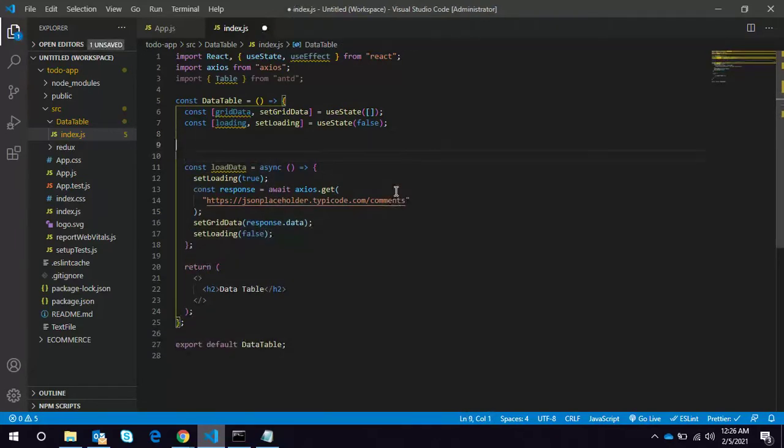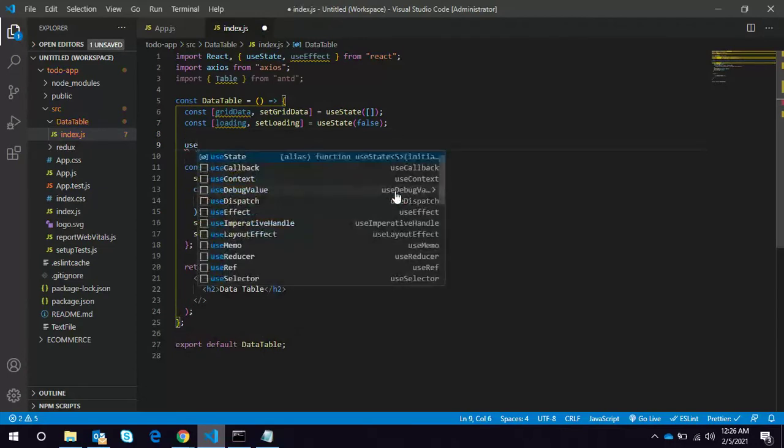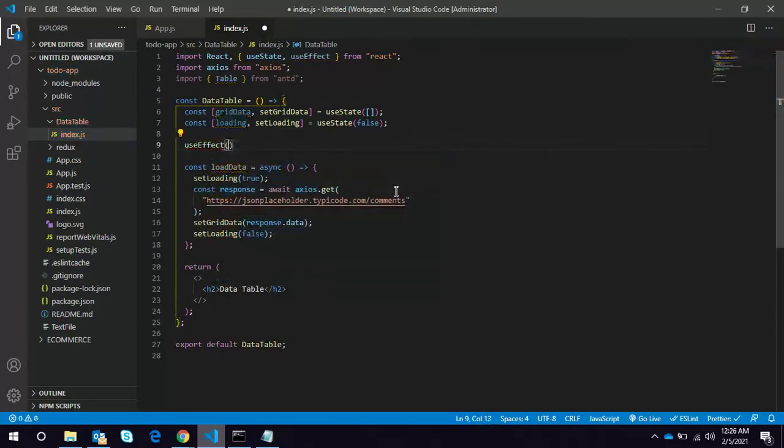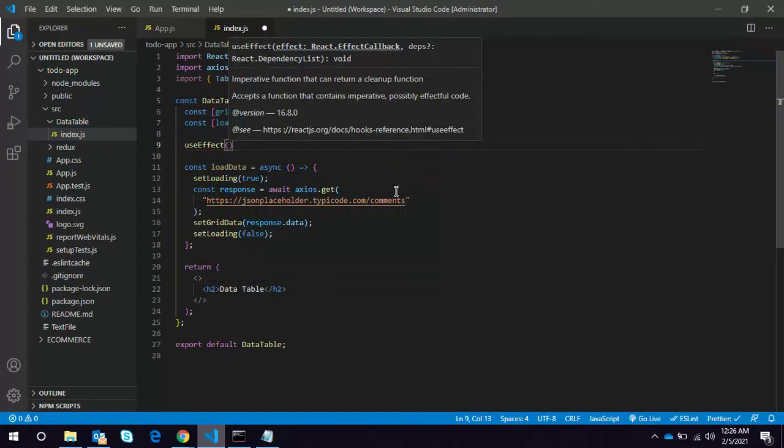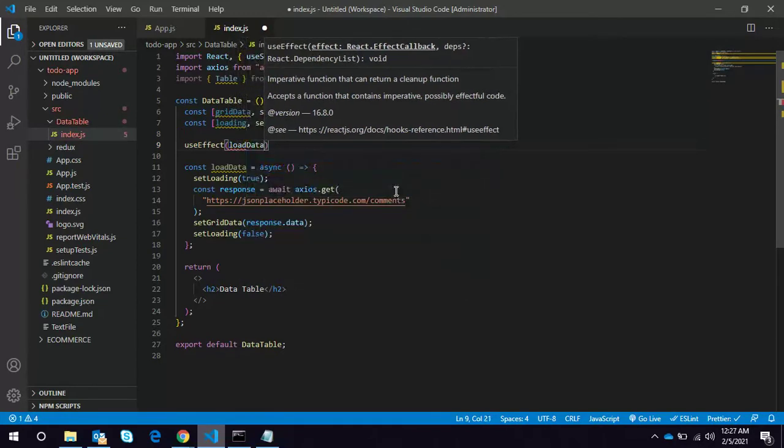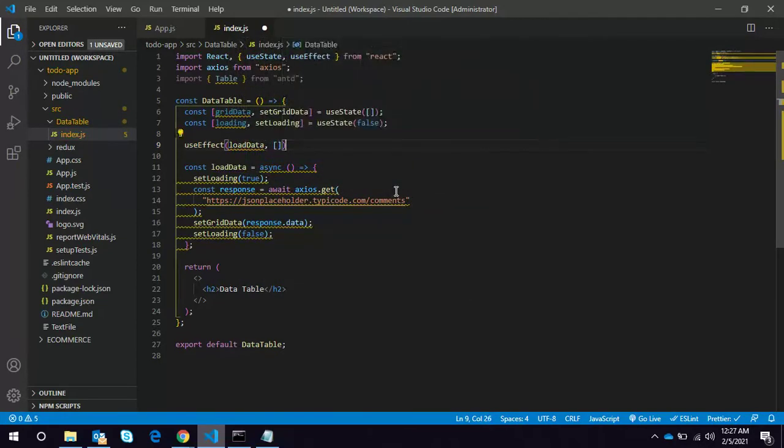Now I will call this loadData inside the useEffect. You can either pass it this way, or directly. Okay, let's use this way.